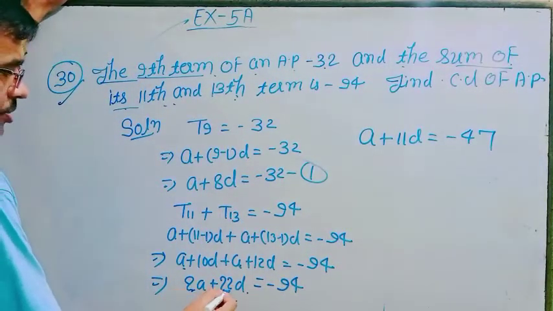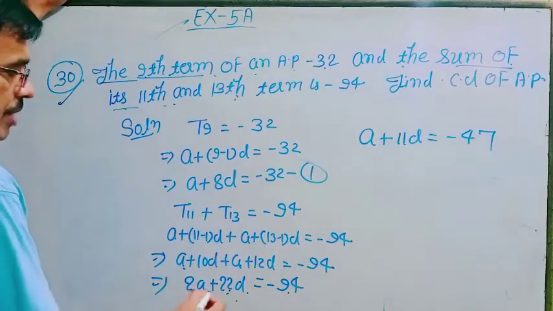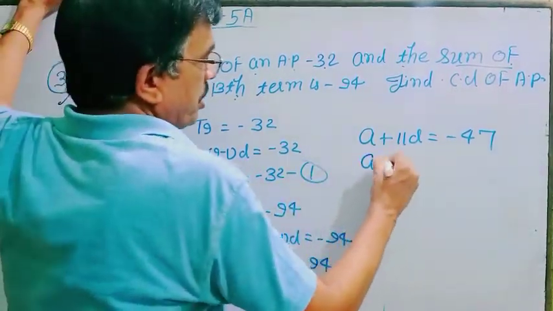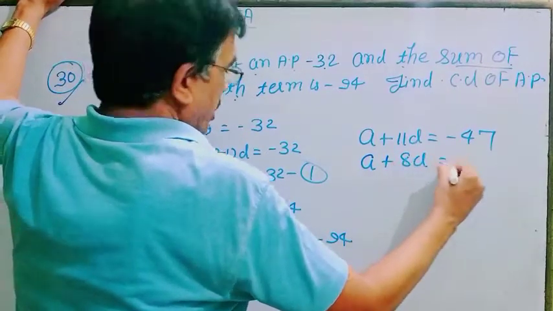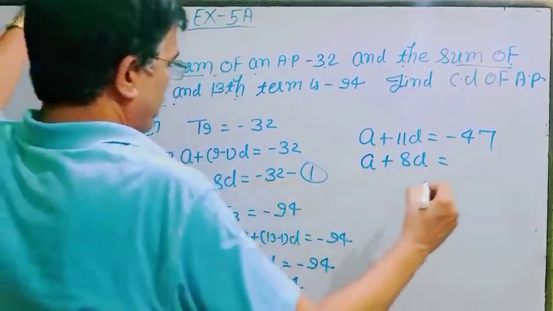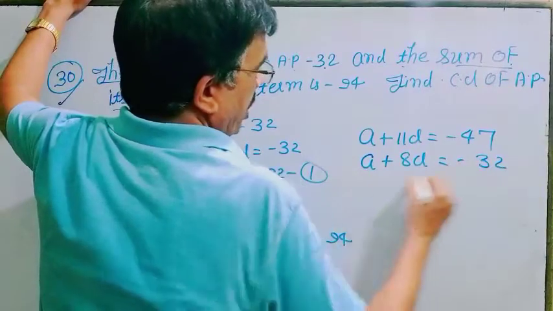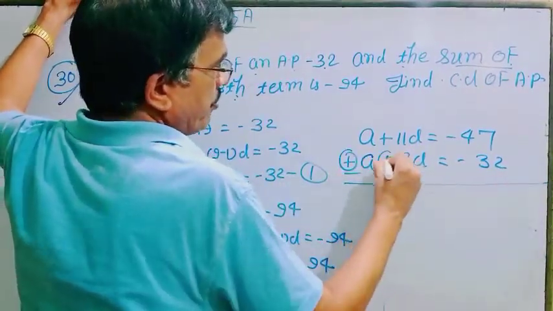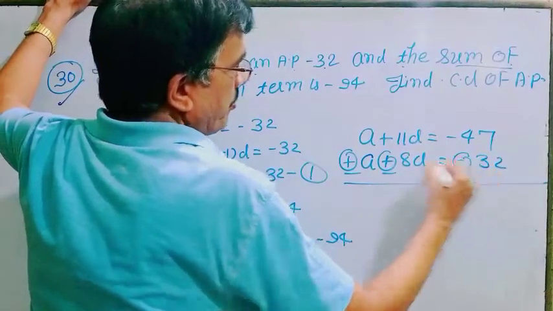Then 2A plus 22D is equal to minus 94, then A plus 11D is equal to minus 47. And A plus 8D is equal to minus 32. Subtracting the equations,